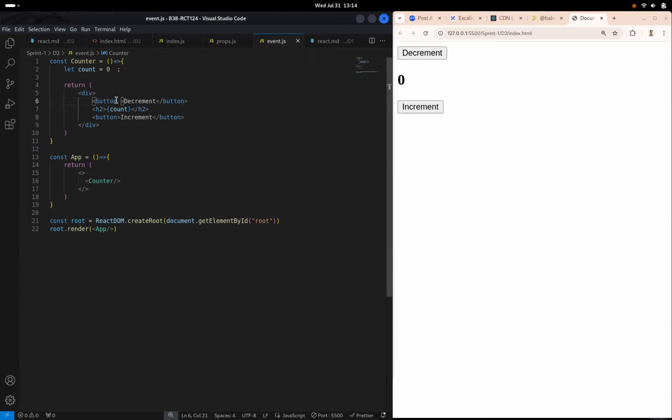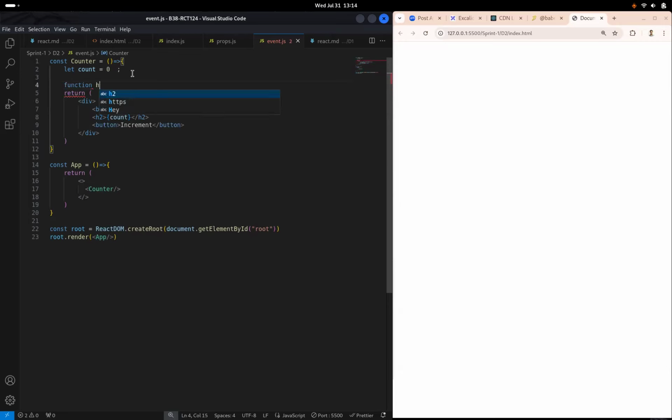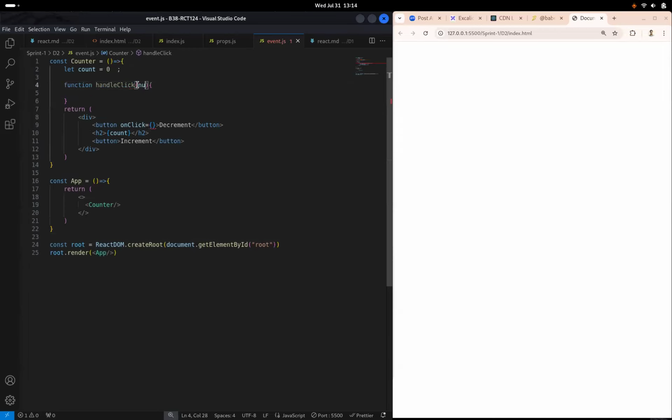So what was the attribute for attaching an event in HTML itself? onClick. So this is how we are gonna write it, right? And in this onClick, we'll define what we want to do. Let's say I want to create a function called handleClick, and handleClick accepts a number, right? And here we are calling that handleClick. So in here I'm sending -1, and again here's the onClick, and this handleClick accepts